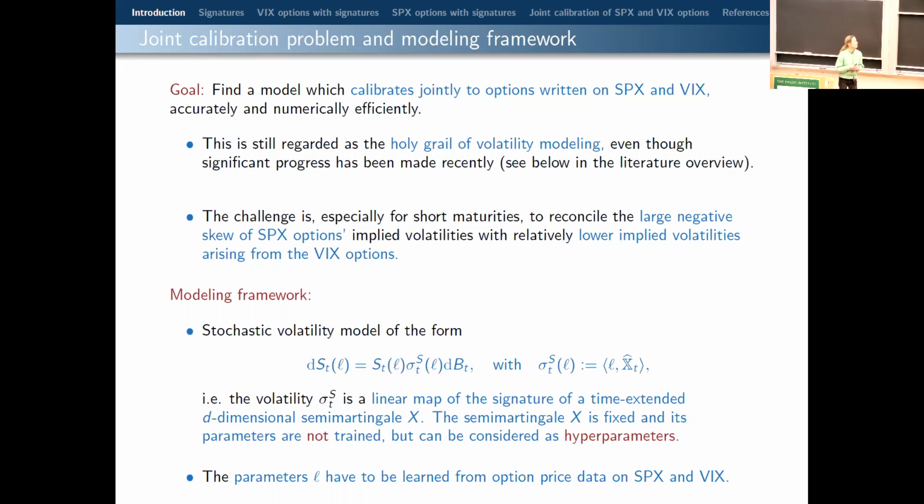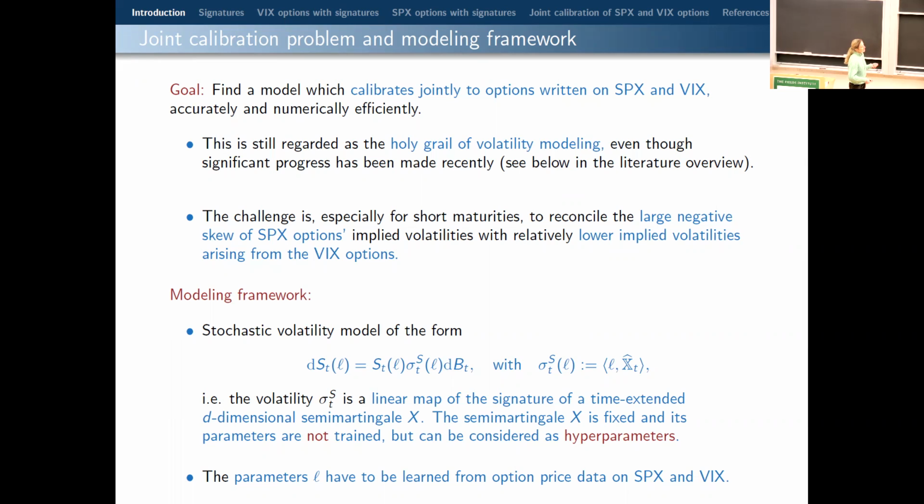So what is the modeling framework that we consider here? On the one hand, we consider a classical stochastic volatility model, where we have these dynamics for the price process. This would be our asset price process. This is a classical diffusion model driven by some Brownian motion. This is for the discounted dynamics here. And the volatility process that enters here, sigma S, is non-classical in the sense